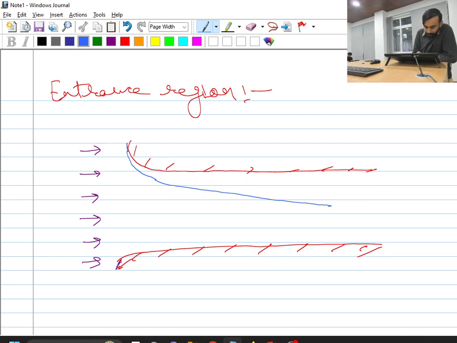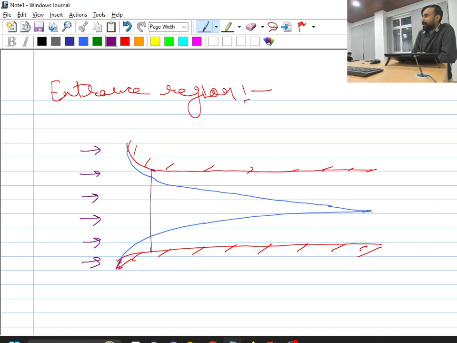Similarly, from the other side of the surface the boundary layer will keep on growing, and this will continue till both the layers join together and merge at the center of the pipe. Okay. Now, one interesting phenomenon we will observe is that if I plot the velocity profile at this location,